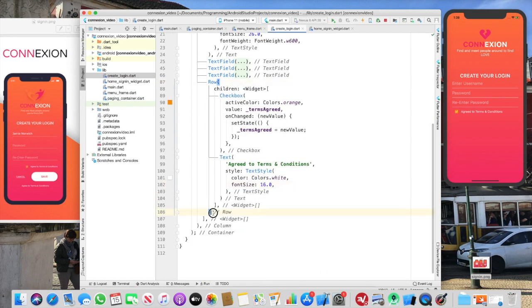Where the row is finished, we need to go and create some buttons. So make a row, children, text, cancel in all caps, followed by another text that says save in all caps. And then after this,